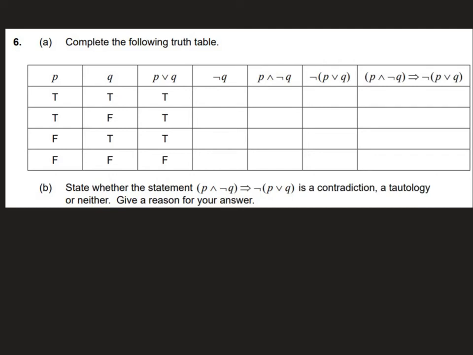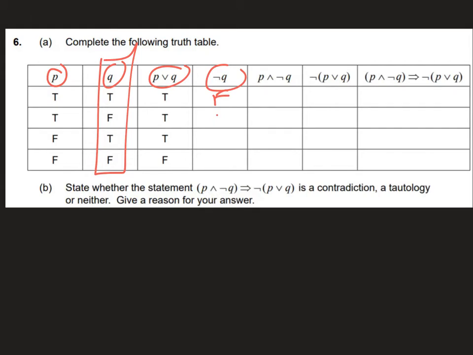Question 6 is all about logic, and we are asked to complete the following truth table. So first up, we are given P, Q, P or Q, and then we are asked to find not Q. So remember, if we're given Q in this column here, not Q is in effect going to be the opposite. So if Q is true, then by default, not Q must be false, and we can say the